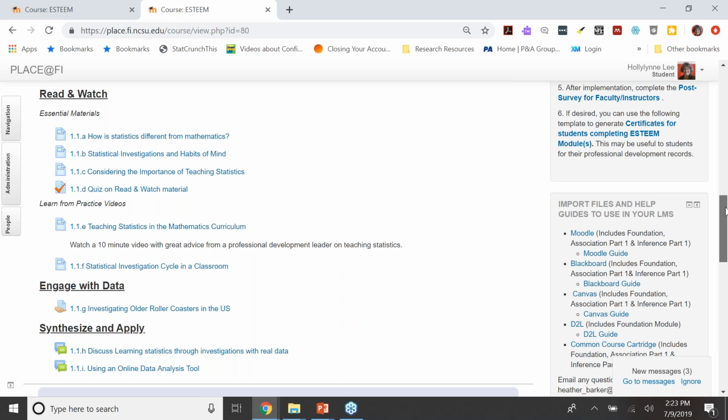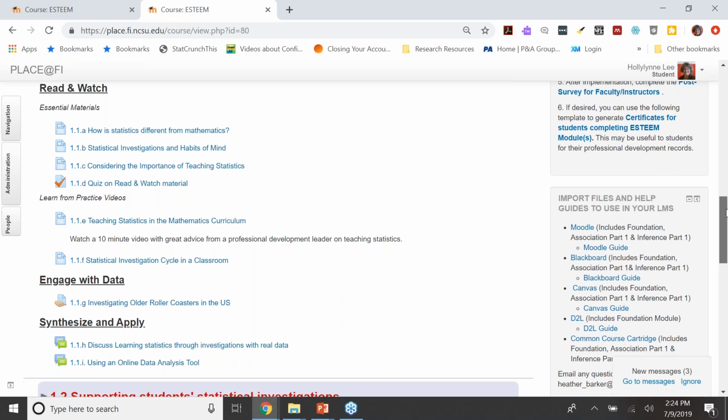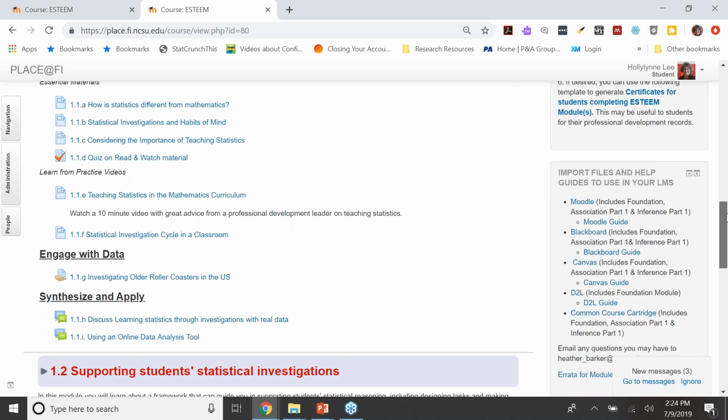What some of the instructors that use our materials do is that once they import the materials into their course, they come back and look at how we have it set up just to make sure that everything got imported correctly and that it is formatted the way that it needs to be.